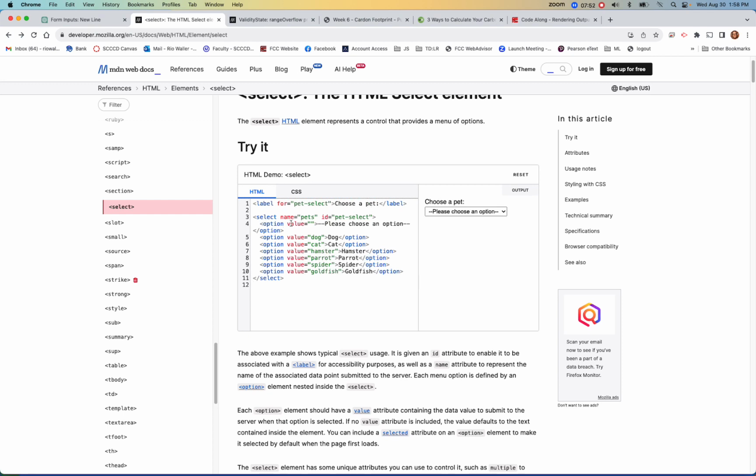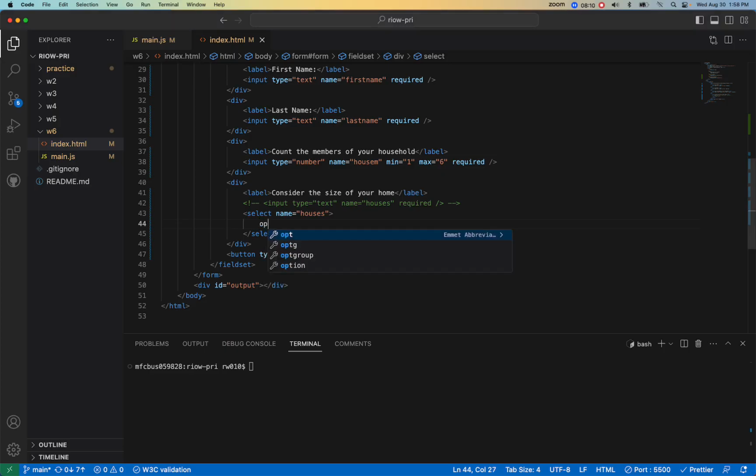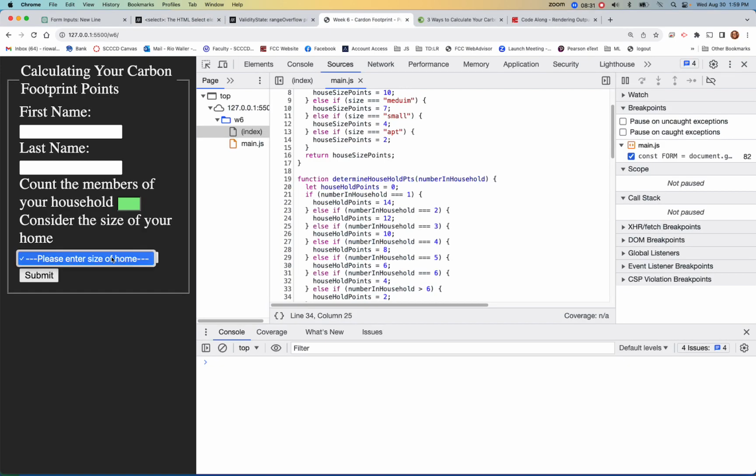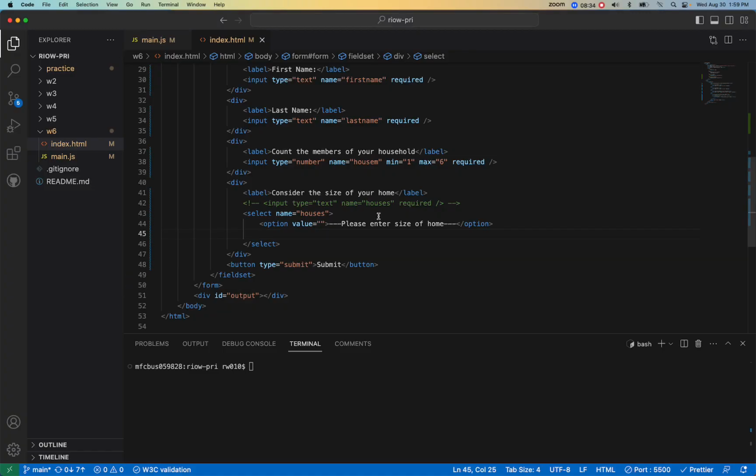So now we're going to say option value. What this does right here is that it gives you, this is what the user sees, as you can clearly see here. And the value is what we're going to end up grabbing to use in our code. Okay, so let's do that. So now inside of here we're going to do option, and we're going to leave that blank. We're going to do that same thing as please enter size of home, and then 1, 2, 3, good. So in this case, we could go look at it. Cool, that looks good. So now we just have to enter option